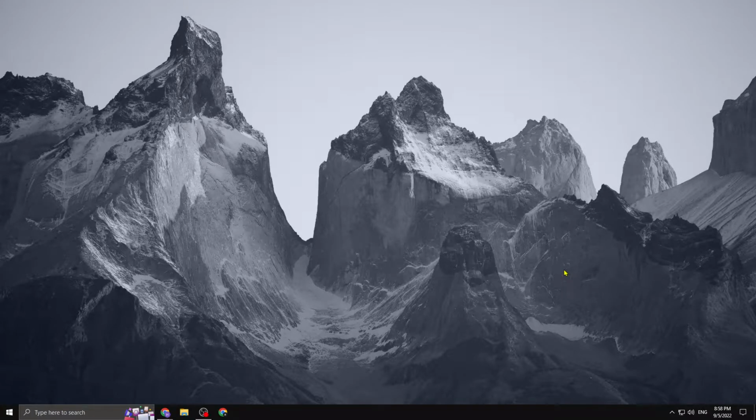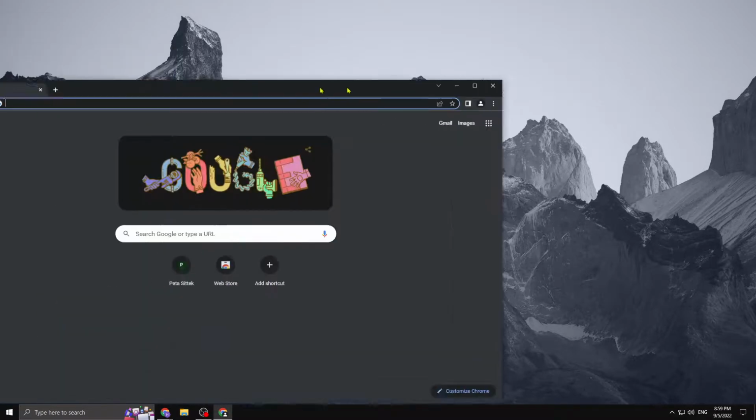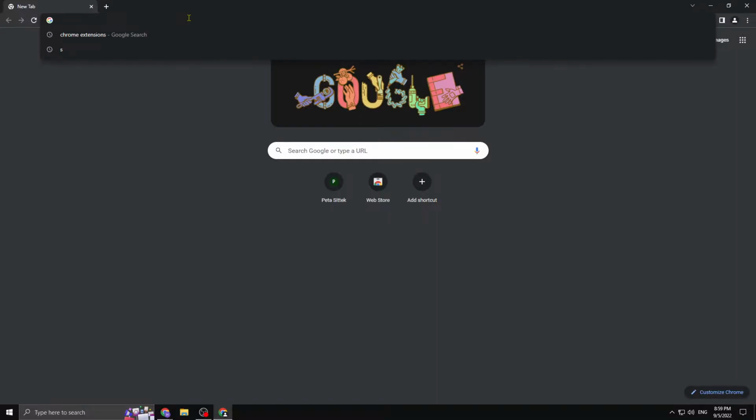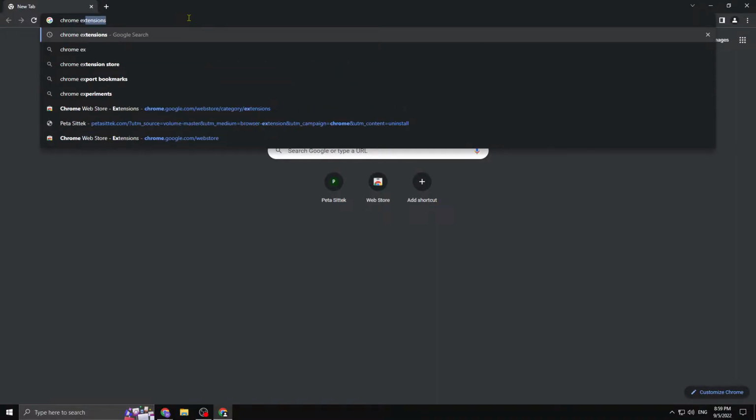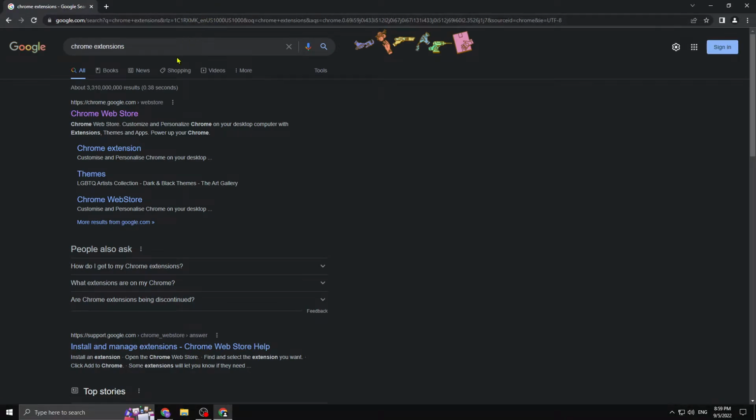In today's tutorial, I'm going to show you how to install a VPN for Google Chrome. So first step is going to be to open up Google Chrome, and then inside of Google Chrome, you guys want to type in Chrome extensions, hit enter, and then it's going to be the first link, Chrome Web Store,